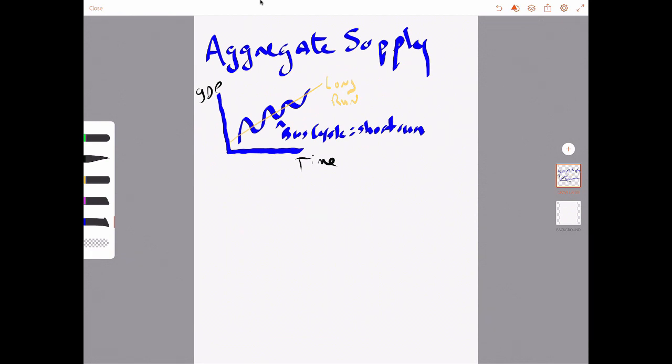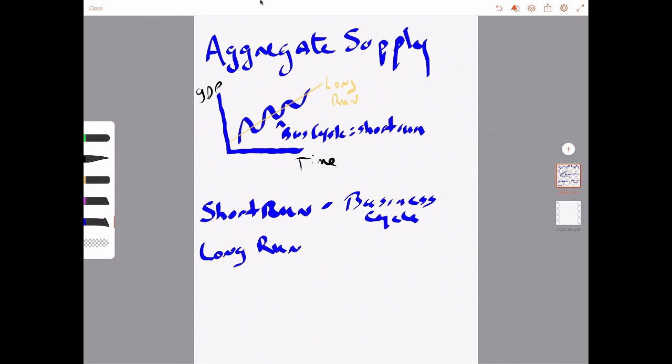Now, taking that information of the business cycle and transforming it into aggregate supply, really what we're looking at is a short-run aggregate supply which reflects the short-run ups and downs of the business cycle. So it's these ups and downs that are what we experience on a regular basis. And so the short run is going to reflect that. The long run, on the other hand, represents that trend line,